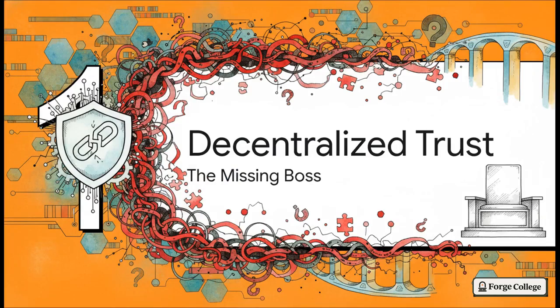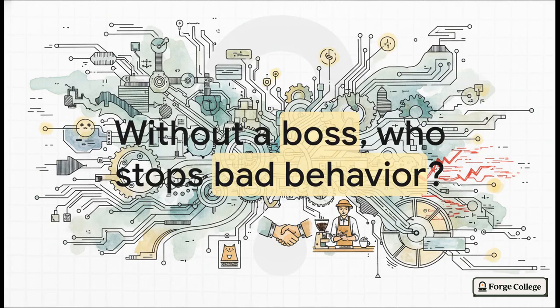Section 1. The decentralized trust puzzle. Right, so that is the million-dollar question. Without a boss, who actually stops bad behavior? You know, in everyday life, trust feels like an emotion. You trust your best friend, or you trust your local barista not to put, like, salt in your latte. But in Web3, trust is definitely not a feeling. It's a mechanical output generated by really carefully tuned system design. If the system is engineered correctly, you don't need to know or even like the person on the other end of the transaction. You just have to trust the mechanics.